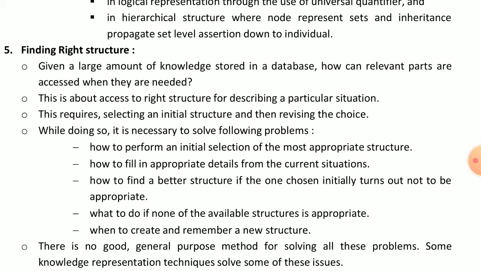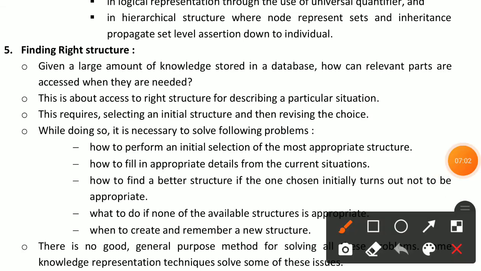We can start with the initial structure, and then we can revise the method until we get the output. The necessary things are given when some problems occur, and we can find the problem solution. First is how to perform an initial selection of the most appropriate structure.